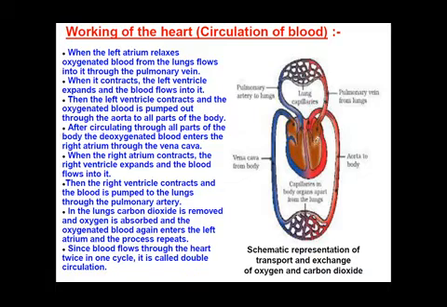You can see here that blood came from the lungs through the pulmonary vein into the left atrium, then it entered into the left ventricle, then through this aorta, you can see over here, this is the aorta, and through this aorta the oxygenated blood moves from the left ventricle and it gets distributed to all other parts of our body.